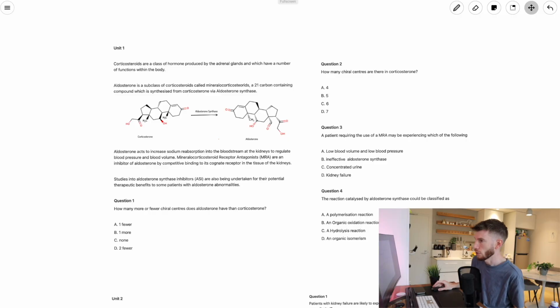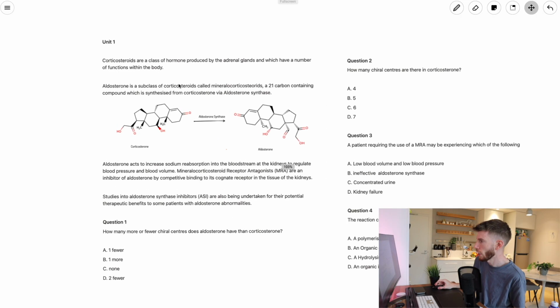So note again, even though it's in first year biology, this is an example of something where you wouldn't actually need to know anything specifically about that hormonal pathway. It'll all be given in the question, which is what we'll look at. So if we look here, Unit 1,